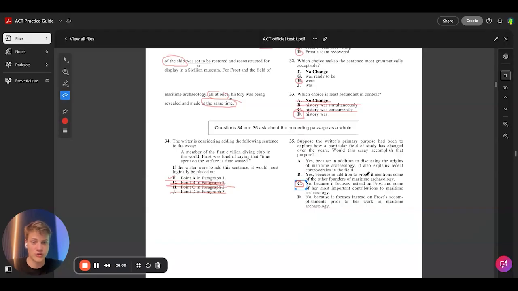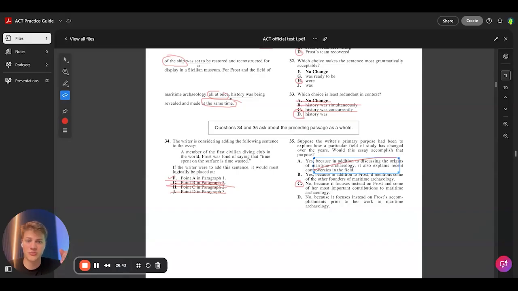Even though it seems like the answer should be yes, answer choices A and B are clearly wrong because the explanations don't make any sense. Let's read it. "Yes, because in addition to discussing the origins of maritime archaeology, it also explains recent controversies in the field." Well, we read the entire passage. There aren't any controversies in this passage. "Because in addition to Frost, it mentions some of the other founders of maritime archaeology." Now, this is really tricky because it actually does mention the founders of maritime archaeology, but